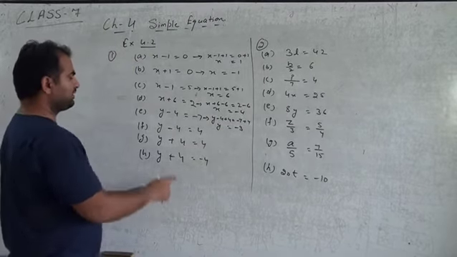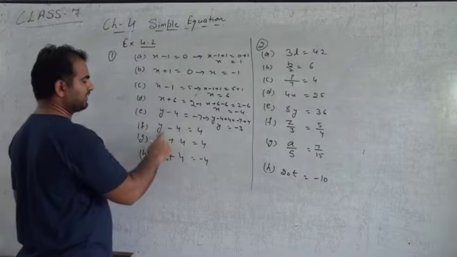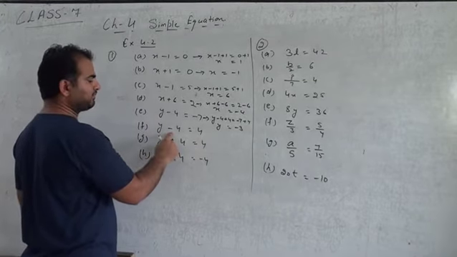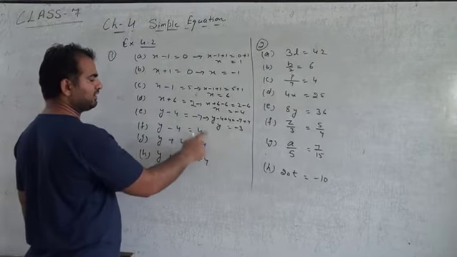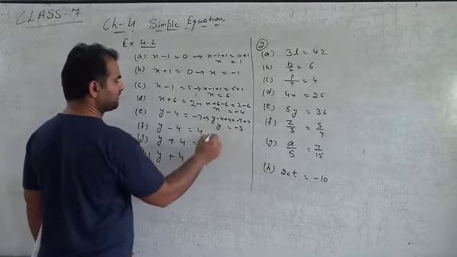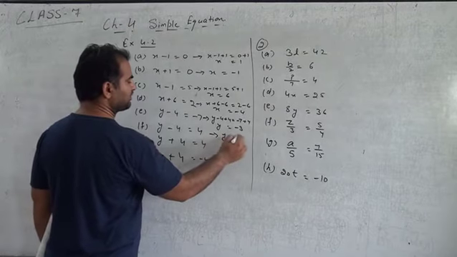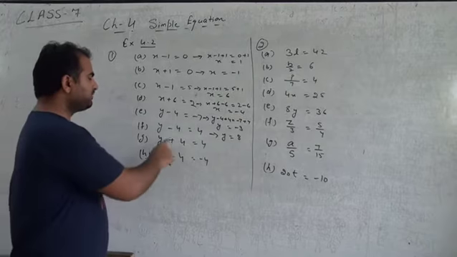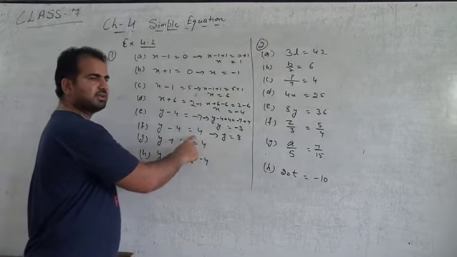Okay. Now what here we have to do is y minus 4. So we have to add 4 to both sides. So it will be minus 4 and plus 4 will be 0. And this 4 plus 4 equals to 8. So y will be 8. Okay. So what we have done is we have added 4 to both the sides.